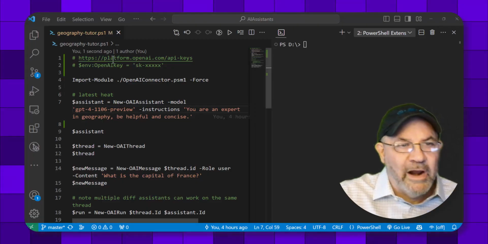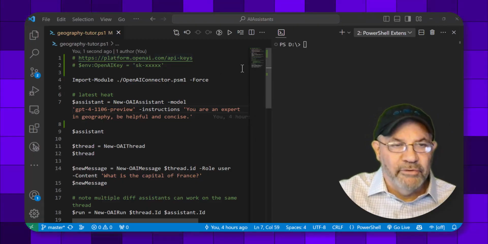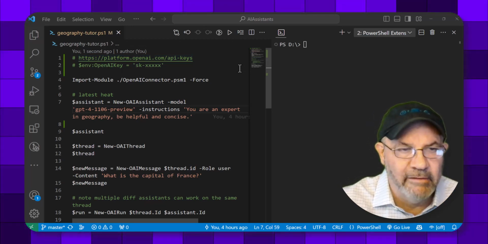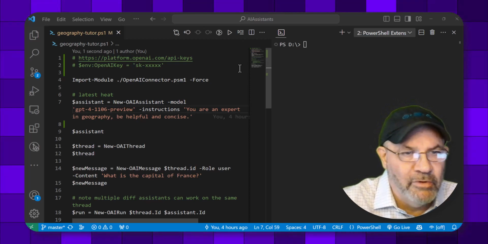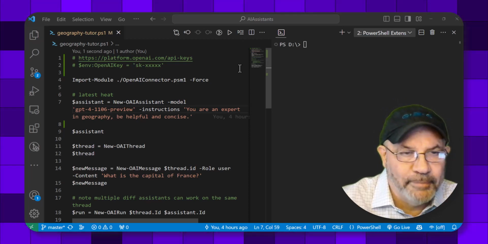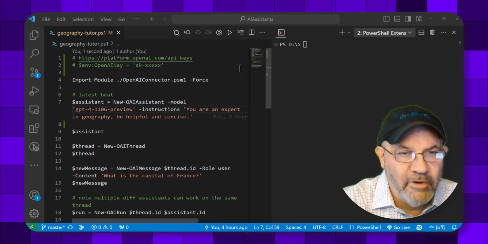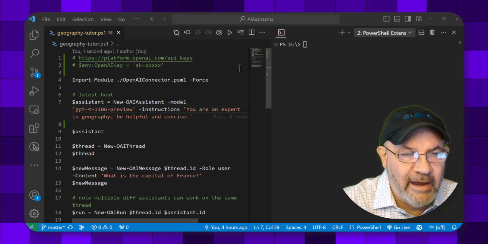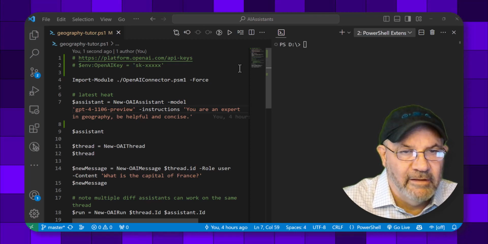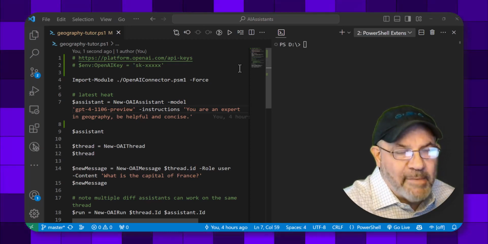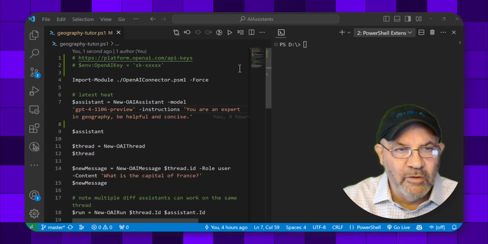Okay, so what I'm going to walk through is a new module I'm building out that integrates with the new OpenAI AI assistant messages and whatnot. Prior to this, in the PowerShell AI module that I do have, the way we worked with